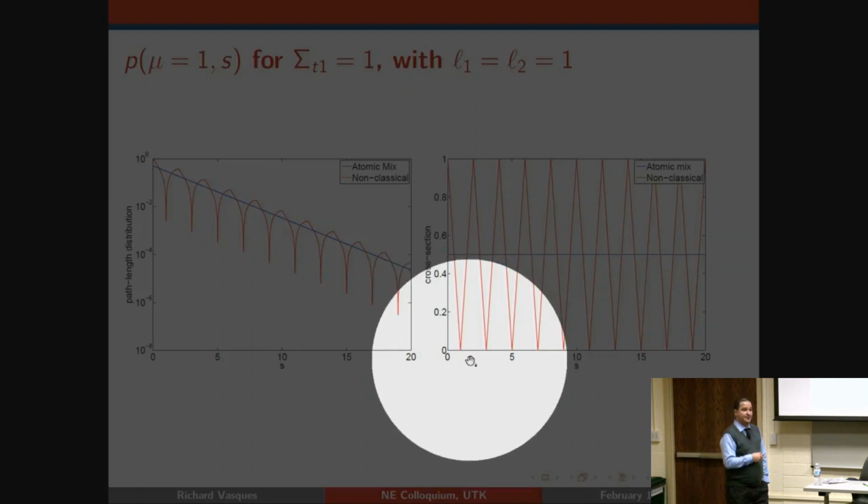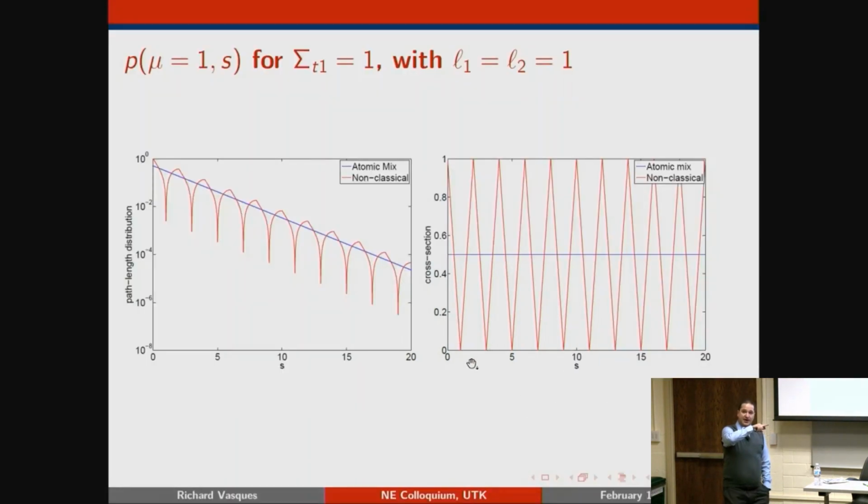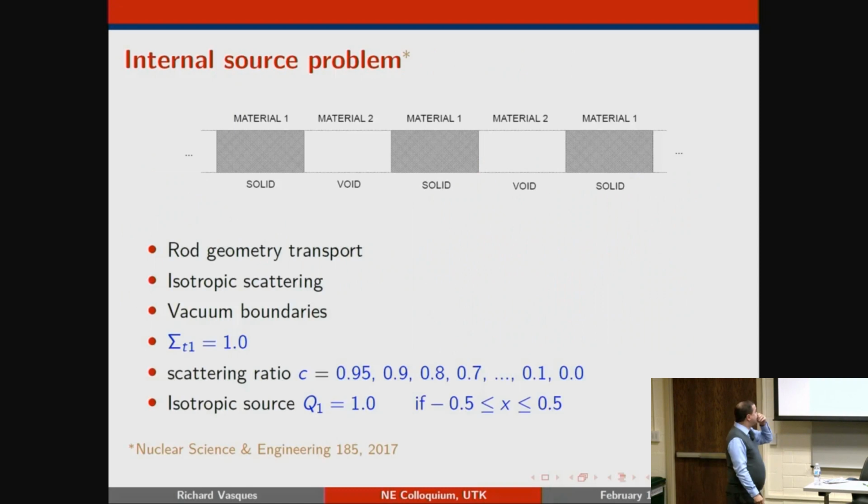And then I start doing the other way around. I'm going to start approaching the solid, if I walk exactly 2 thicknesses away, I know I'm back in a solid. So it goes back to a 1. So this is physically very easy to understand. And the question is, what does the solution look like?